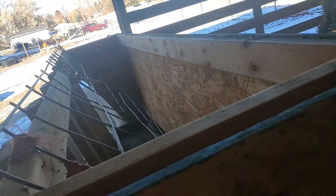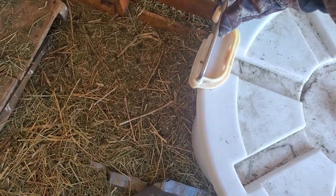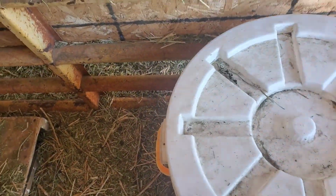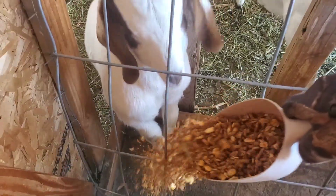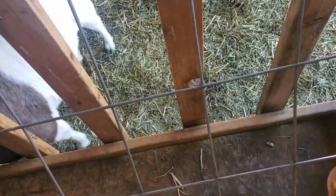Okay, so we have been feeding a little bit of grain to prepare our does for breeding. Some years I do this, but some years I don't. I guess it really just depends. This year, with it being really cold and everything, we have decided to go for it. And then hopefully this will spread out what we have for hay. Not a guarantee, but